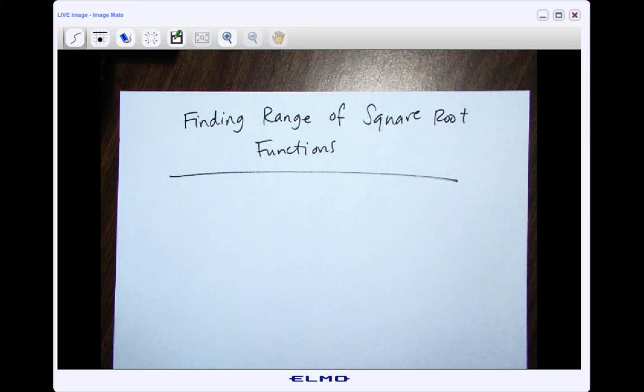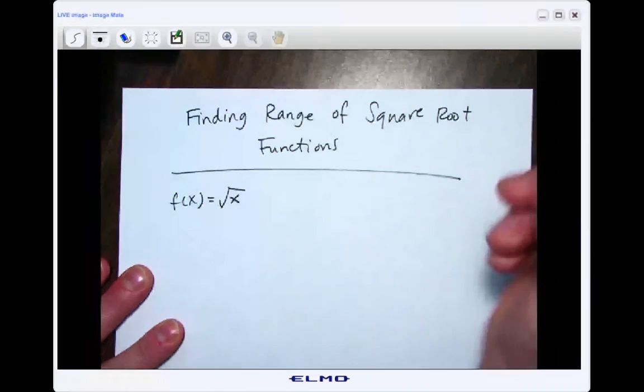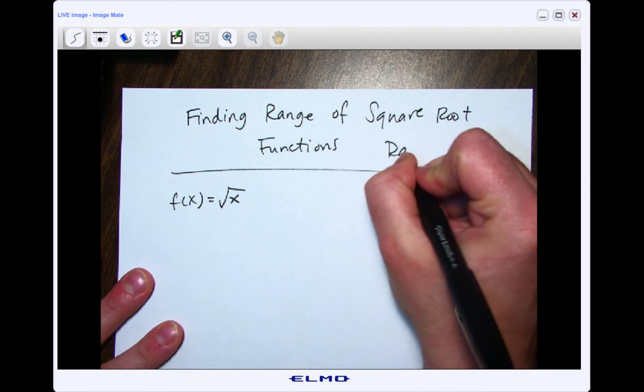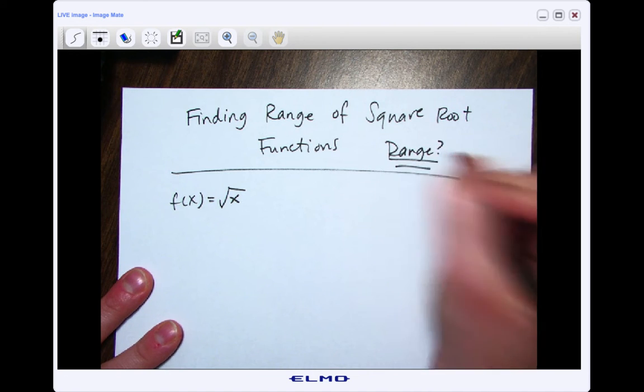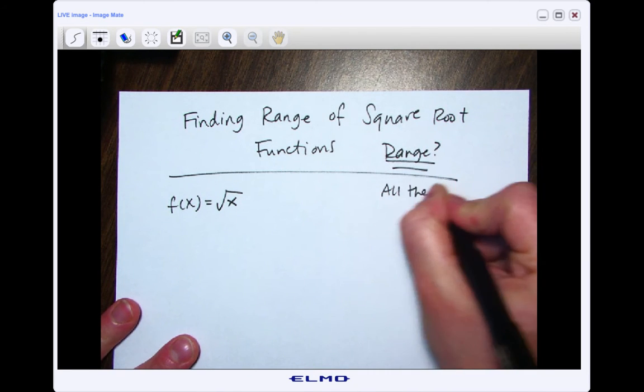Okay, so we're going to find the range of our square root functions. And so let's look at a basic one first. So we'll say f of x is equal to the square root of x. Now again, what is range? Range, so this is all the possible outputs